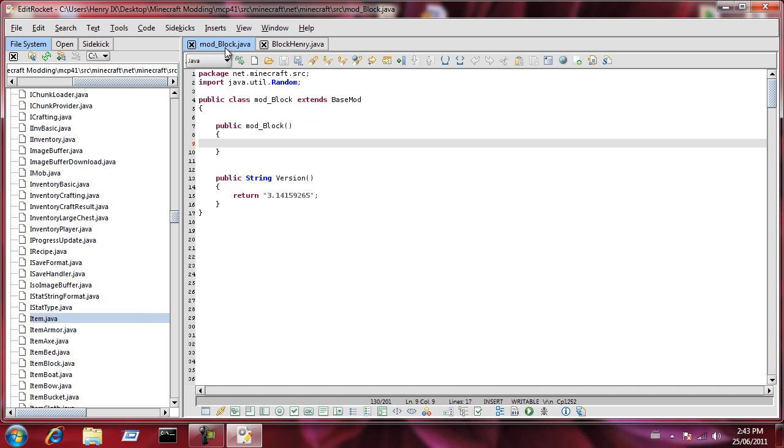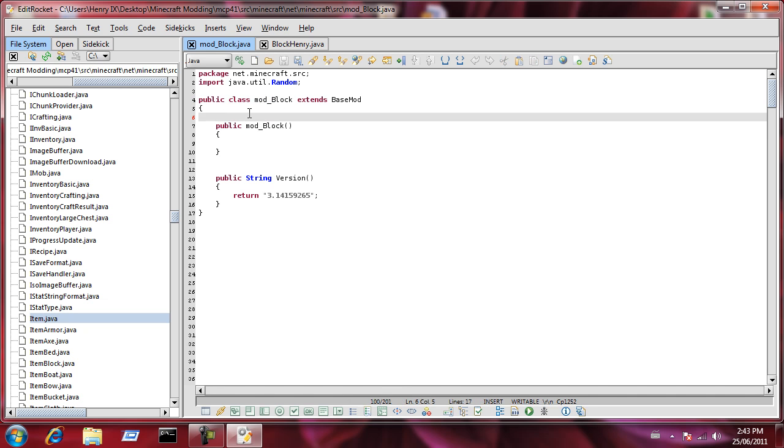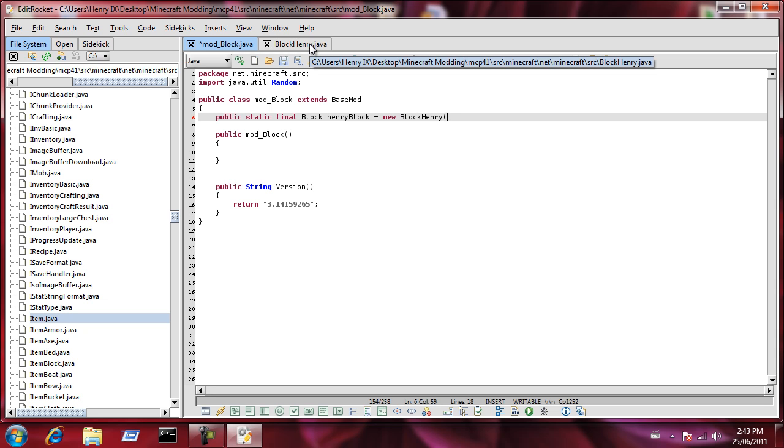Now we go back into the mod_block class, and we're going to add some stuff. So first, in between public class mod_block and public mod_block in here, we are going to add public static final, and then it's a Block. So we're declaring a new block called henryBlock, and then we're going to say this henryBlock equals a new BlockHenry, which is this class we just made, and then new BlockHenry, and then bracket, and then